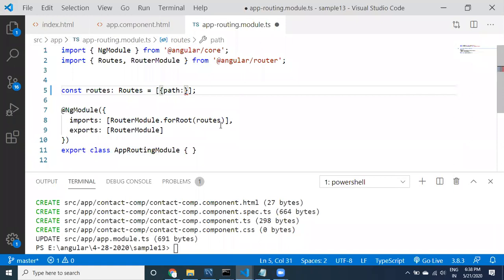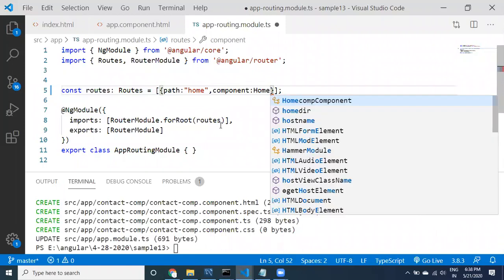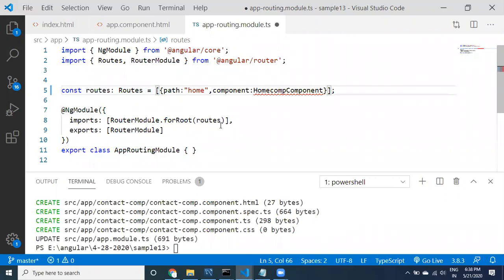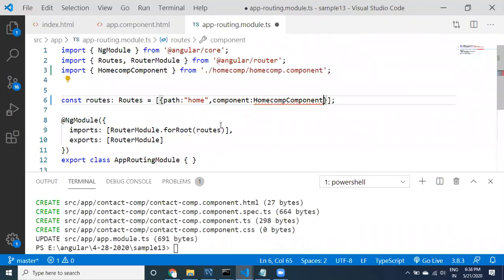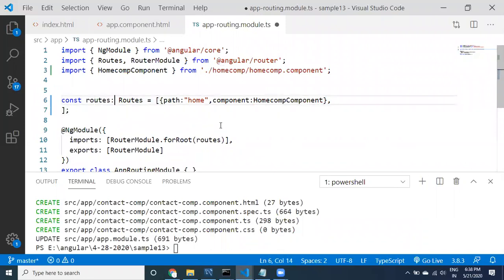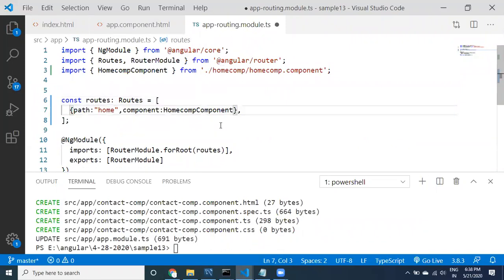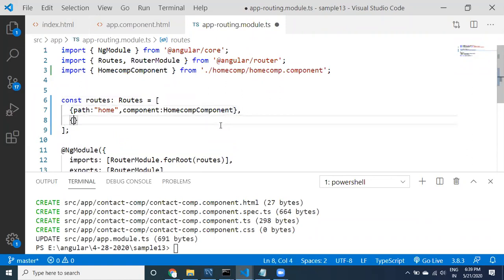I don't have any sub routes. One is home, for this component equal to home component. Import the home component class.